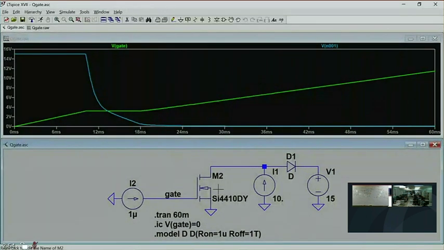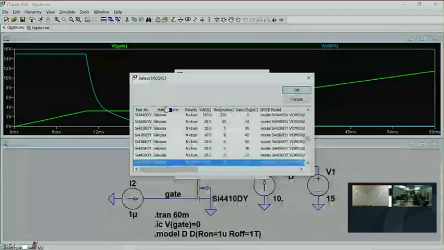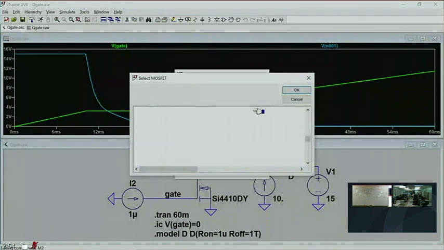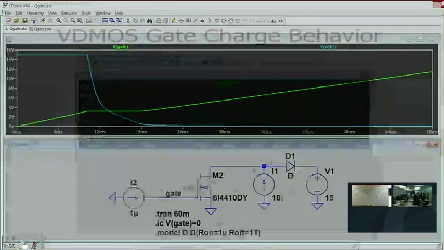So anyway, now if you ever want to simulate a MOSFET that's not in LTSpice, that's okay. You can do it right away. Just use the assisted mode when you edit the MOSFET. Right-click on the body of the MOSFET, press Pick New MOSFET, and when you sort on the selection guide information, it remembers the order in which you've clicked on them. So first click on gate charge, then click on RDS-on, find one with a similar RDS-on and similar gate charge. Simulate with that. You'll get whether or not you can drive that MOSFET with that controller or not, and then use whatever source you want for the MOSFET. So that's how it is with power